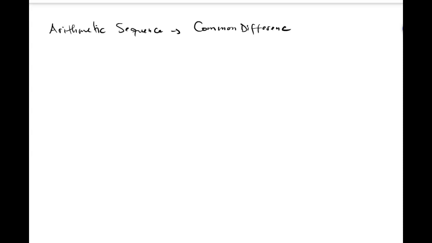And about geometric sequence, we said geometric sequence has a common ratio. Okay, so in this lesson we're gonna talk about those two, common difference and common ratio. We're just gonna use some examples and see how we can use them to find a missing term or to complete the sequence. So example,